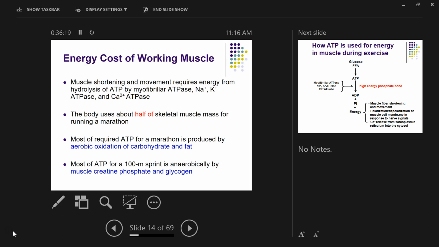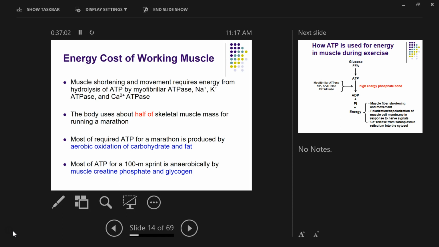And our body usually only uses about half of a muscle for running a marathon, right? Not the whole muscle. Only half of our muscle is involved in marathon exercise, and most of the ATP required for a marathon is produced by aerobic oxidation of both carbohydrate and fat. And most of the ATP needed for